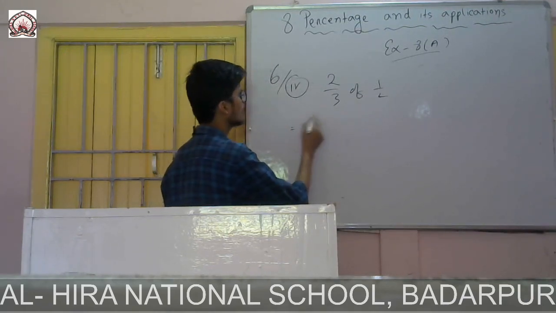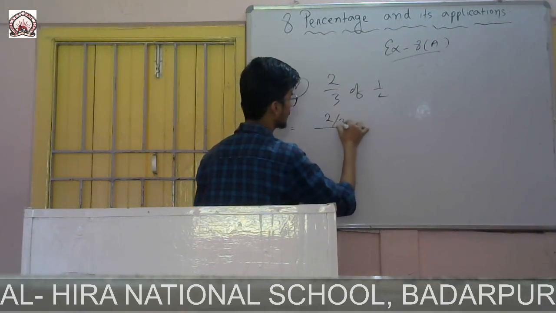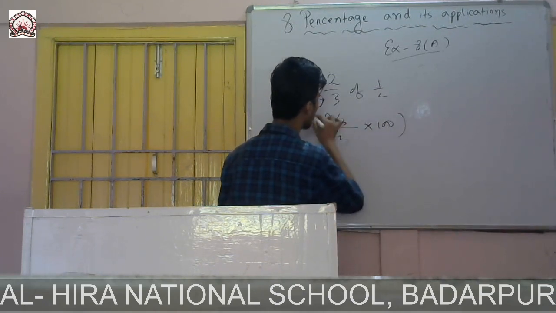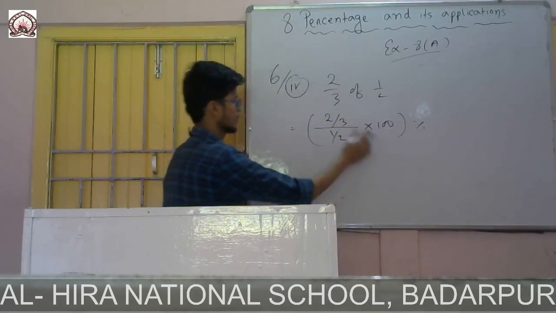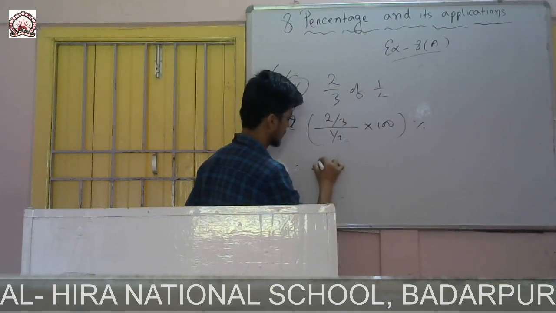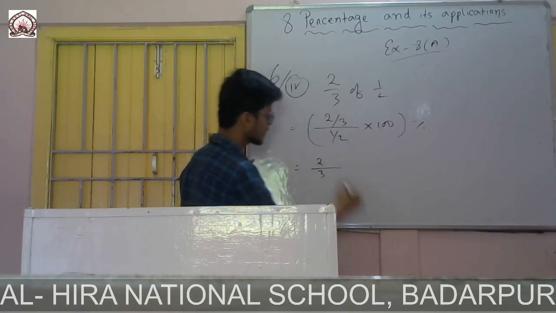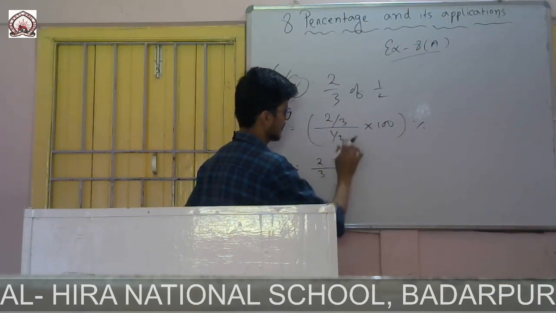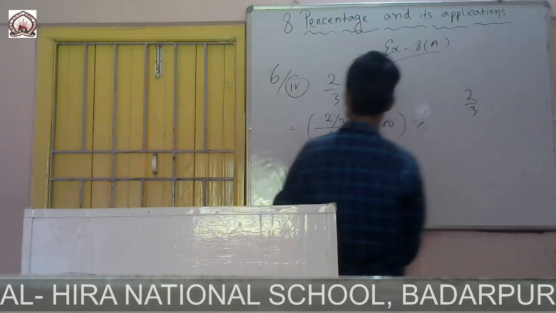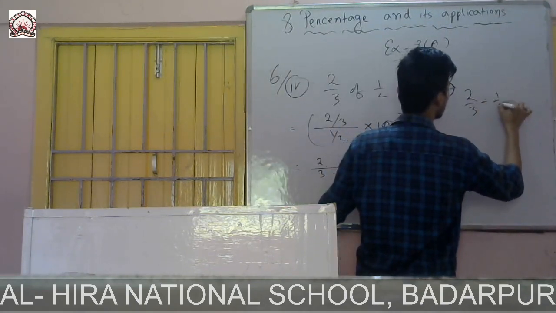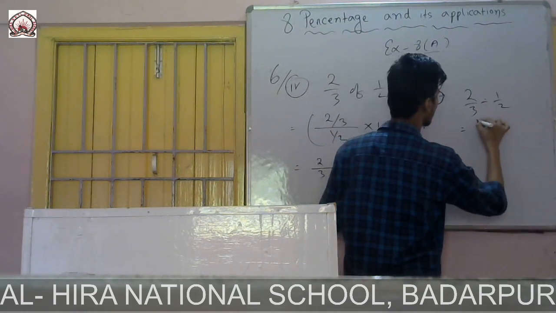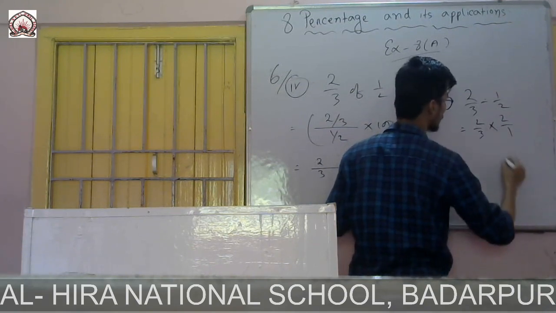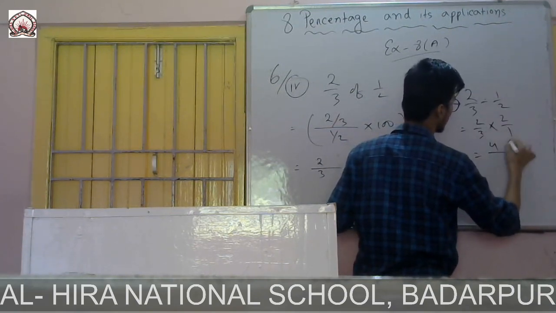So like earlier, what I will do, I will write this one 2 by 3, I will divide it by half, and since I am taking the percentage, I will simply multiply it by 100. So you see 2 by 3, that means 2 will be there, 3 will be in denominator, and 1 by 2, if it is divided, what do we do? 2 by 3, and this line means divide 1 by 2. So if I solve it, it will be 2 by 3. If I give the multiplication sign, it will be the reciprocal of this one, it will be 2 by 1. That means 2 2s are 4, and 3 1s are 3.